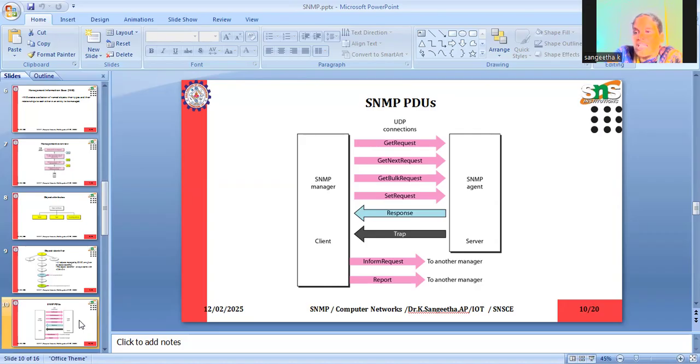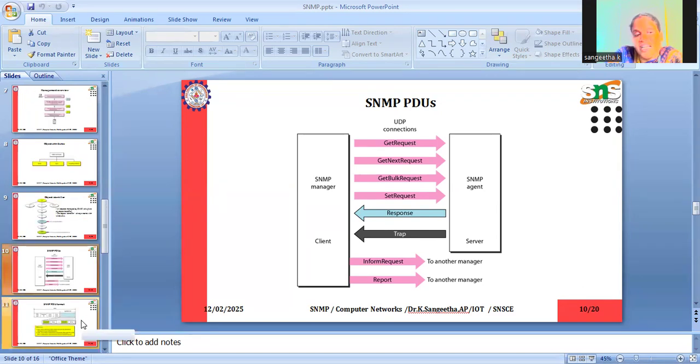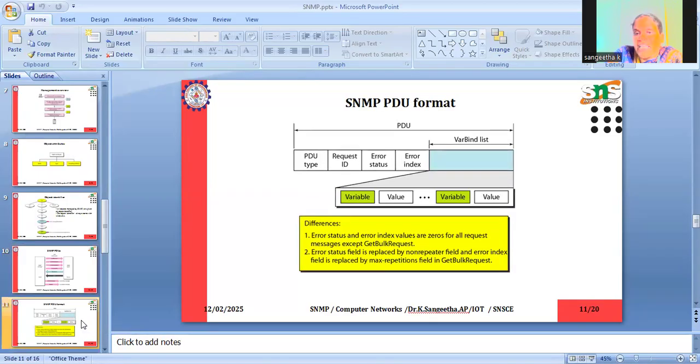Likewise, packet data units are transferred between the agent and the manager. The packet data unit has a PDU type, request ID, error status, and finally error index, which must be specified because of error and trap notifications.